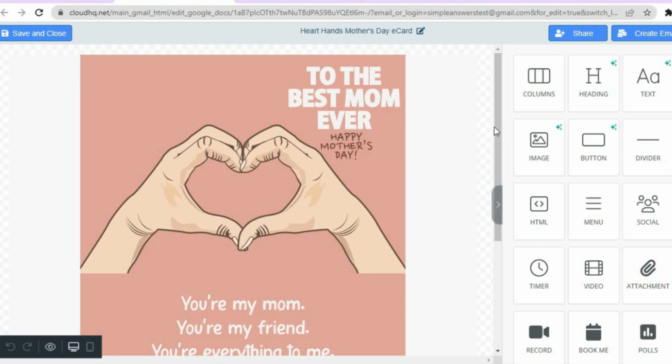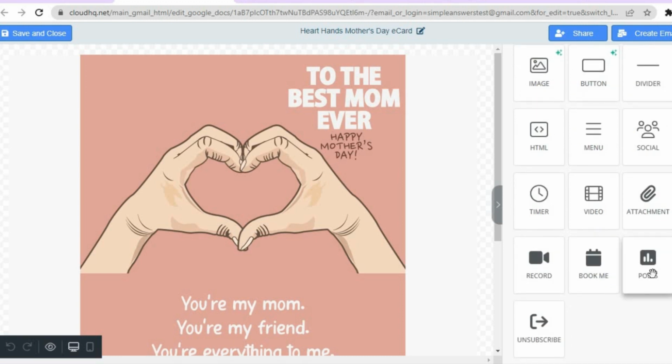Once it opens up, you can make the changes that you want, and as you can see in the right hand column, we'll have the menu option. So you can add HTML if you want. You could add a timer, video, attachment. Any one of these options you can use. You can scroll down. You could add a poll if you want, and you can also add an unsubscribe